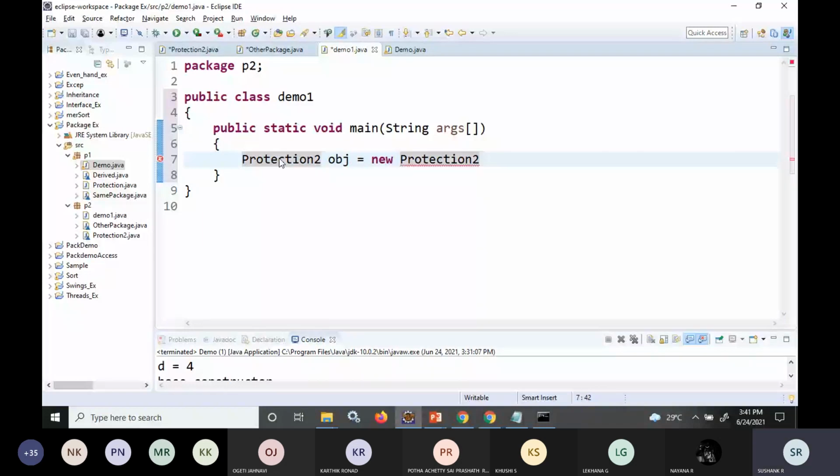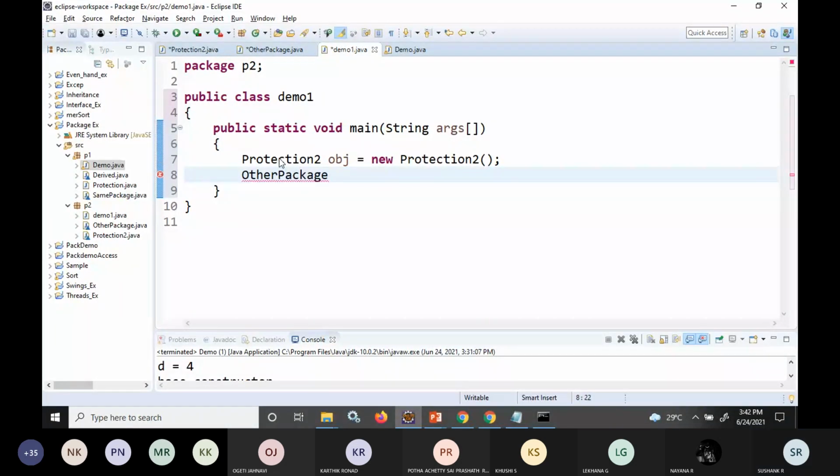So I've created an object of the protection class, and I'll create an object of the other package class, apk is equal to new other package. Some spelling mistakes are there. Okay. So I've created the two objects.